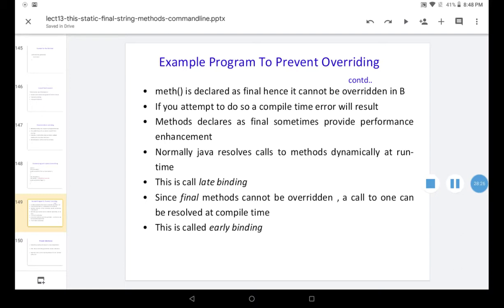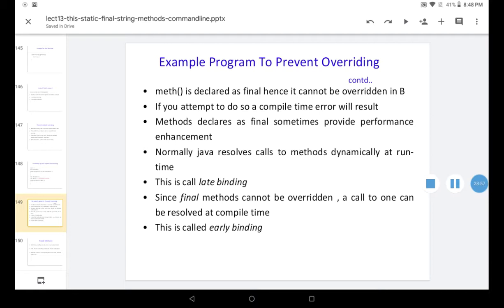Dynamic binding, or late binding, means that at runtime the call is attached to the method definition.